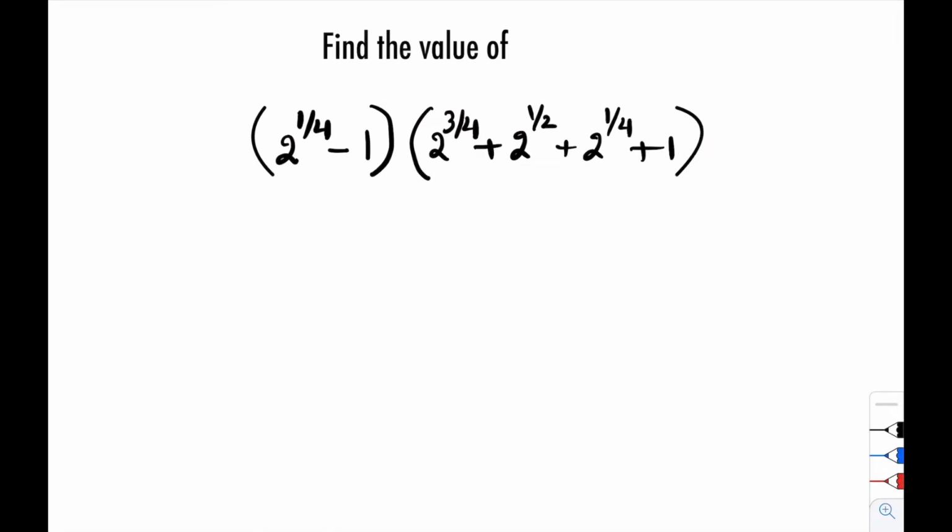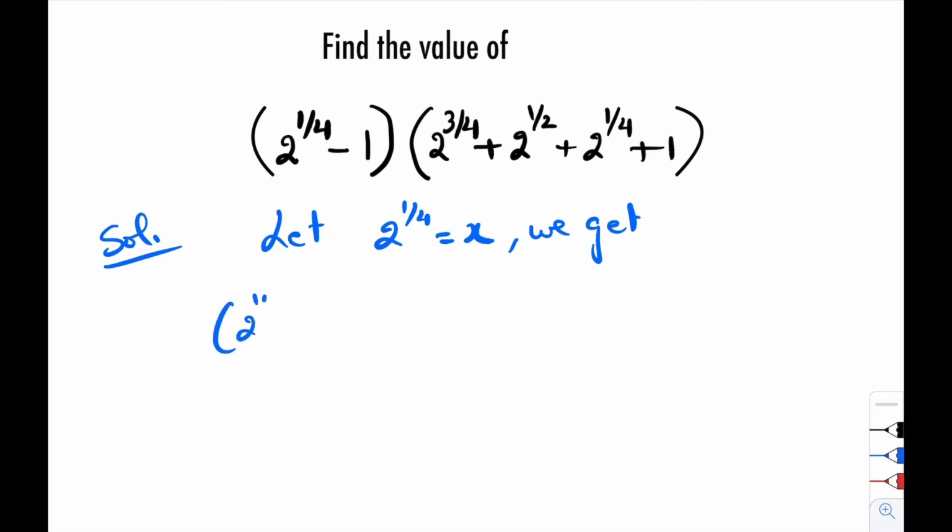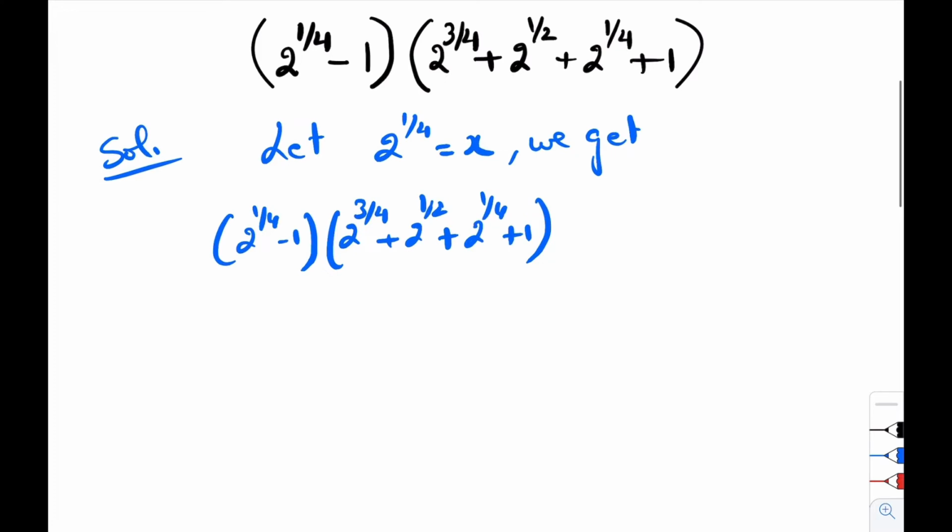Find the value of (2 raised to the power 1/4 minus 1) into (2 raised to the power 3/4 plus 2 raised to the power 1/2 plus 2 raised to the power 1/4 plus 1). So, for this, first let 2 raised to the power 1/4 equal to x. So, we get 2 raised to the power 1/4 minus 1 into 2 raised to the power 3/4 plus 2 raised to the power 1/2 plus 2 raised to the power 1/4 plus 1. This is equal to